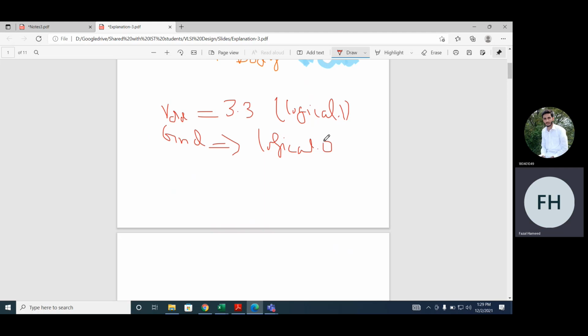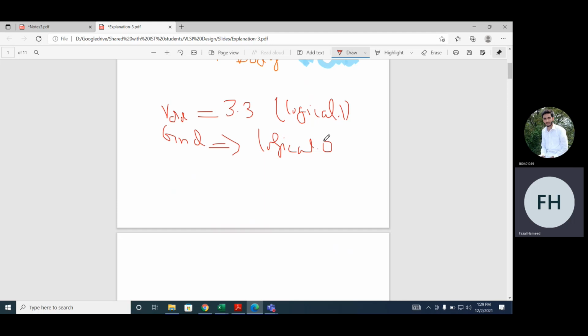And let's assume that the VDD, and this VDD is different for different technologies. For earlier technologies, this VDD was 5 volt. And now in newer technology, the VDD is, in some technology, even 1.7 volt and 2 volt. So the VDD depends upon the particular technology that we are using. Let's assume that the technology that we are using, the VDD is 3.3 volt.